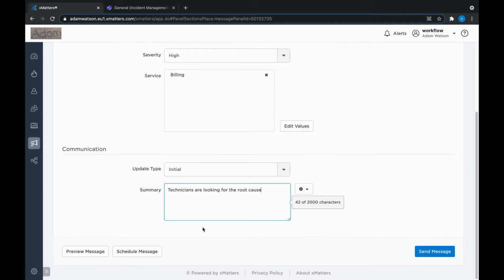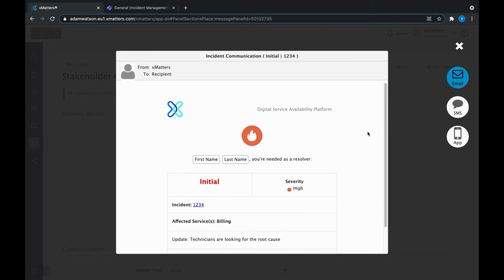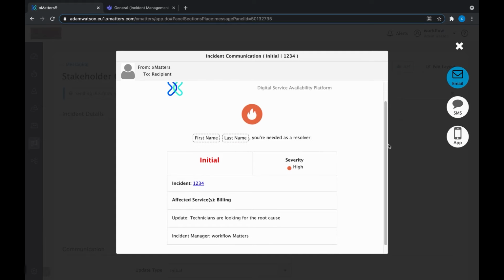And then when we come to send this, we get a nice email and app notification and the text messages as well. People are going to get those emails and text messages if they're subscribed in xMatters, and we want to continue using that process. What would be great is to also go to a message board where people who aren't subscribed can also see some of this information. Now we can do that with Teams by notifying into a standard channel which we'll create